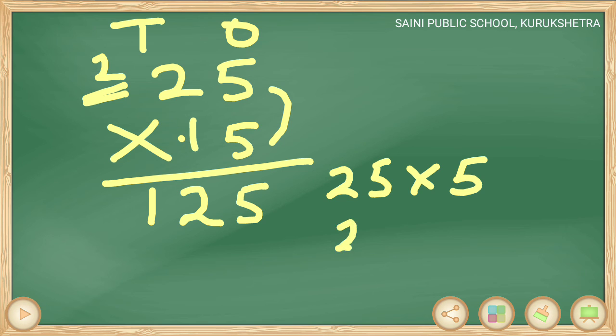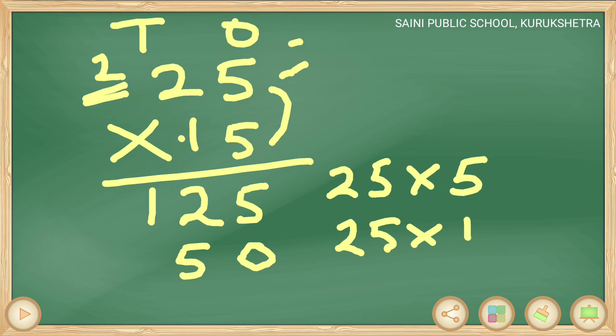Now we will multiply 25 by 1. So first of all we will put a cross sign here, or we will write 0 here. We can use either 0 or a cross sign here. Now start doing multiplication, 25 by 1. At ones place here is 5 and here is 1. So 5 1s are 5. So here I will write 5. At tens place, 2 into 1, 2 1s are 2. So here the answer is 2.